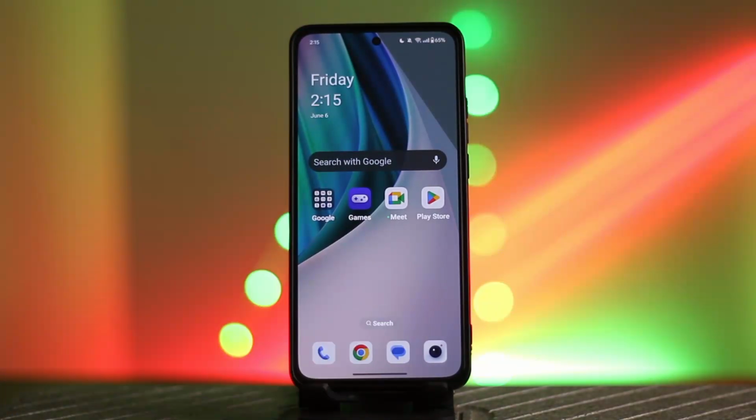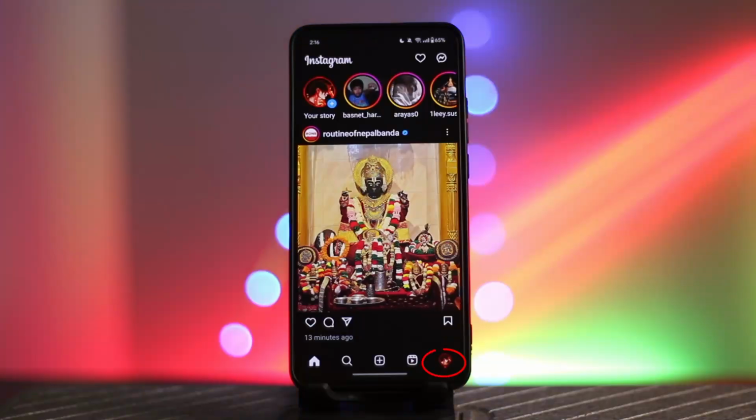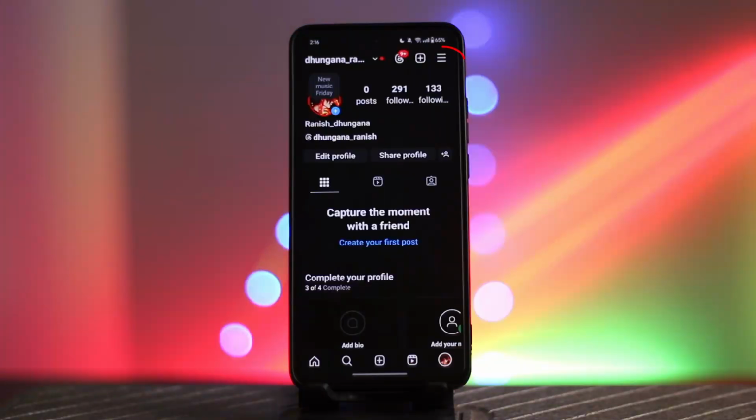So, if you want to hide the views on Instagram on your profile of your reels or photos you've added, what you're gonna do is first simply open the Instagram app on your device. Now, in the bottom right corner of your screen, you can see your profile's logo. Open it. Now, it'll take you to your profile where in the top right corner you'll see a three bar option. Go there